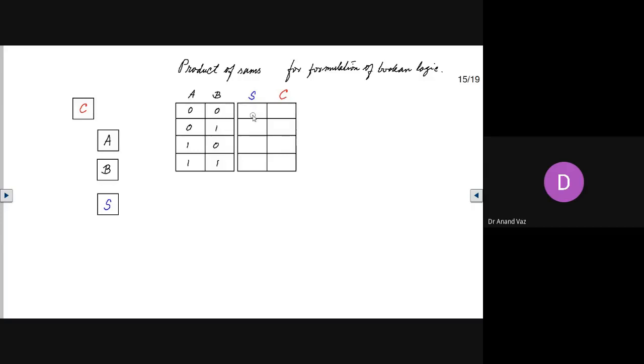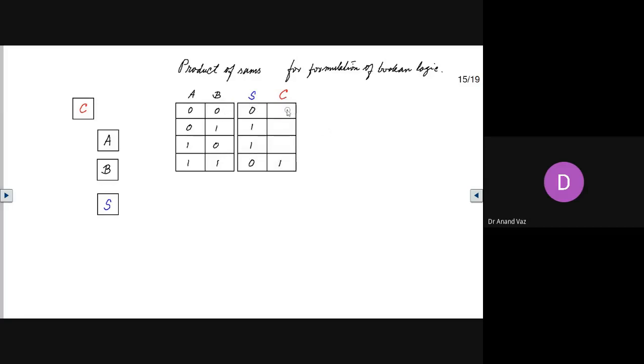So what do we get as a sum? If 0 is added to 0, you get 0. If 0 is added to 1, you get 1. 1 added to 0 is 1. 1 added to 1 is 2, which is actually 1, 0 in binary. So the sum is going to be 0 here itself, but there will be a carry.